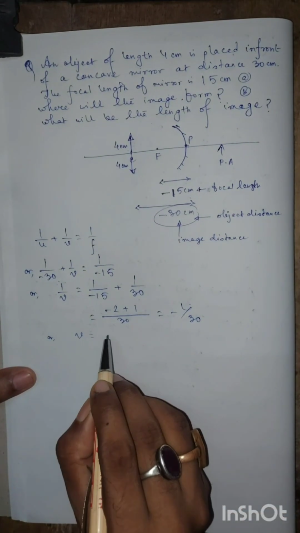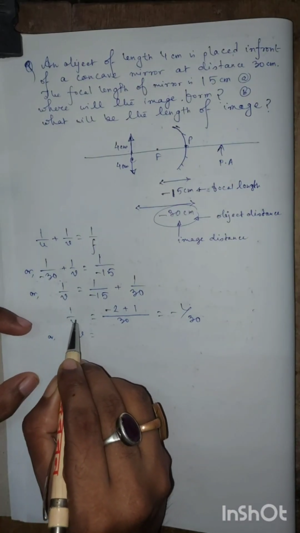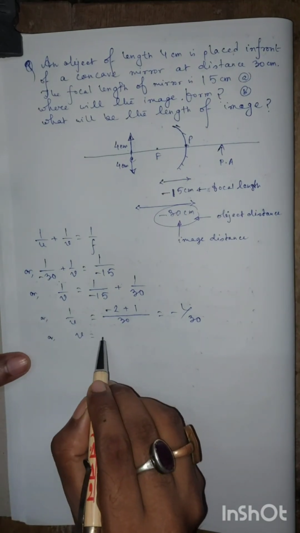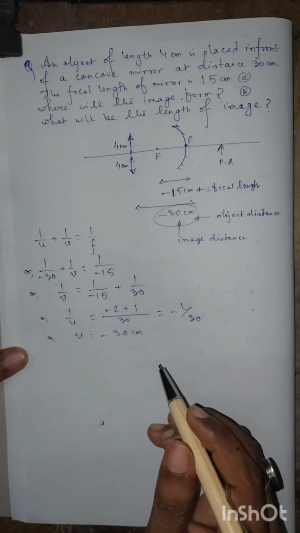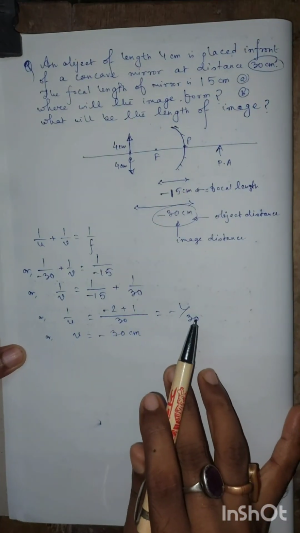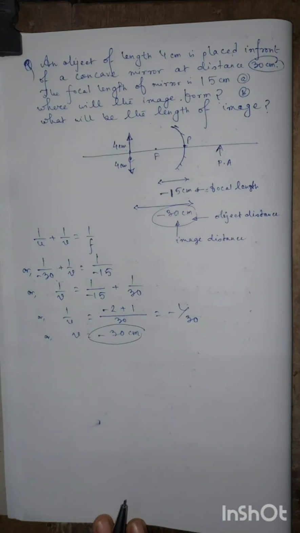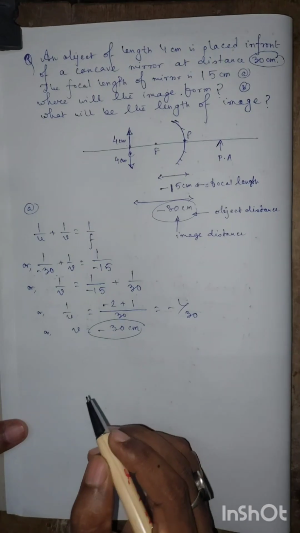So 1 by V is equal to minus 1 by 30. So V should be equal to minus 30 centimeter. So here we can see the object distance is equal to the image distance. This is our part A, and part B,